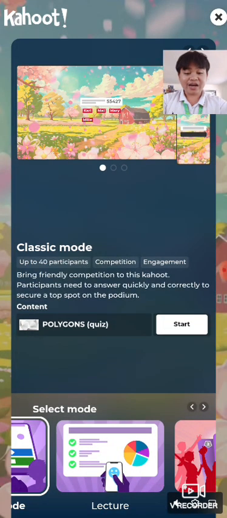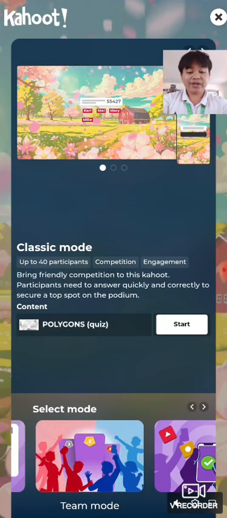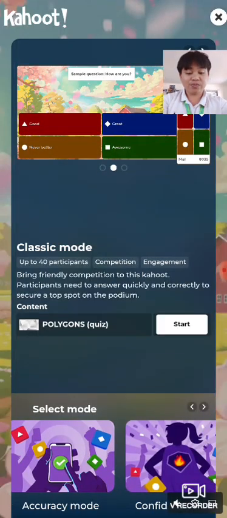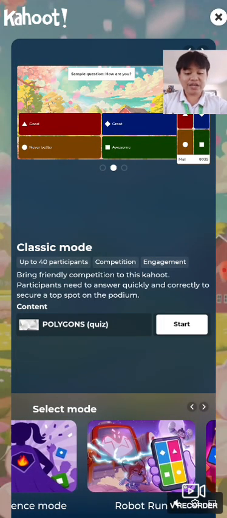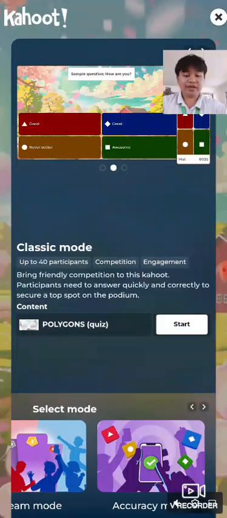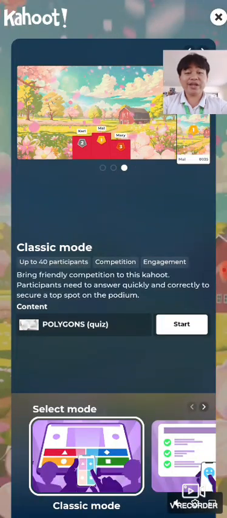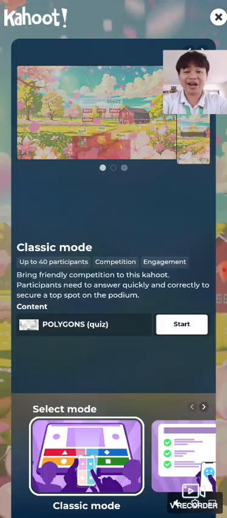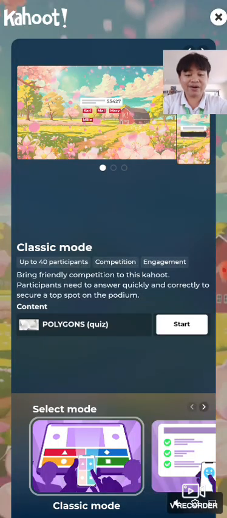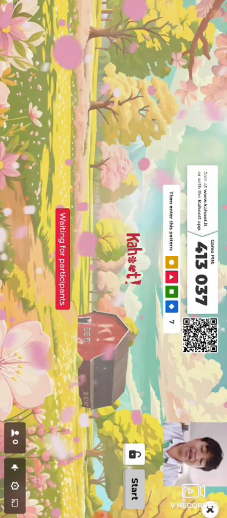We have here the classic, the lecture and team accuracy mode, and confidence and robot run mode. Since this is just a quiz that can be used in our discussion, I just click the classic mode and click start. Upon clicking start, you can see that the system already generated the pin that you can use and the QR code that the students will scan.